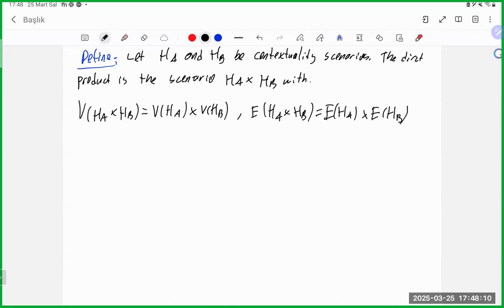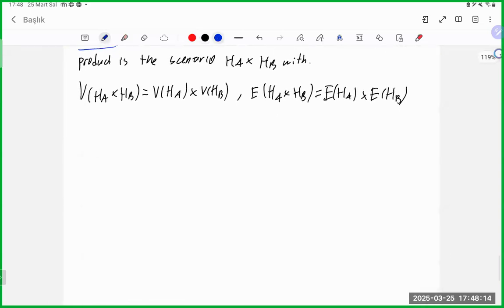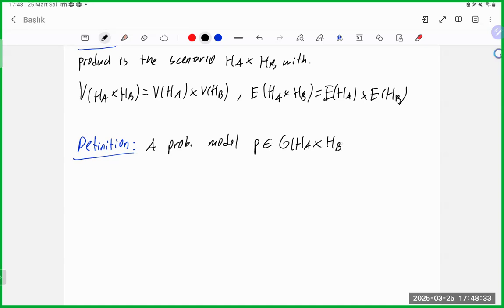This condition is called the no signaling property. So I will give the definition of it. A probabilistic model P in the set of all probabilistic models of this joint scenario is no signaling if